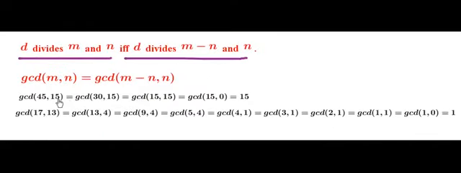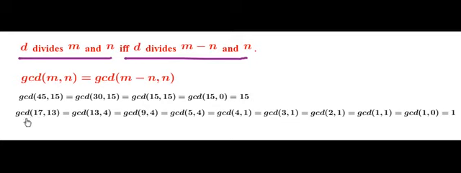Okay, so let me take two more examples for better understanding. So I have taken these two numbers 45 and 15, and I want to find out GCD of these two numbers, and I will use this particular recurrence which we have derived from this lemma. So after first iteration we will get these two numbers 30 and 15. After second we will get these two numbers 15 and 15, and ultimately we will get this 15 comma 0, and we know GCD of 15 comma 0 is nothing but 15.